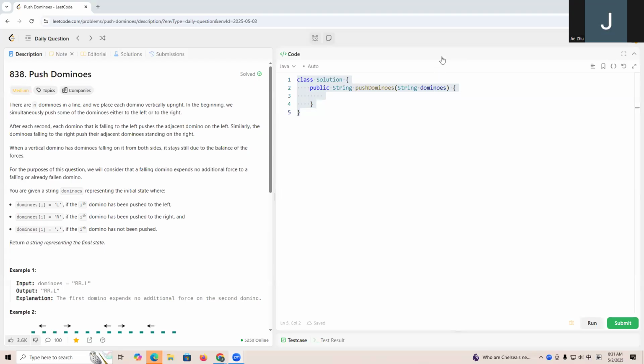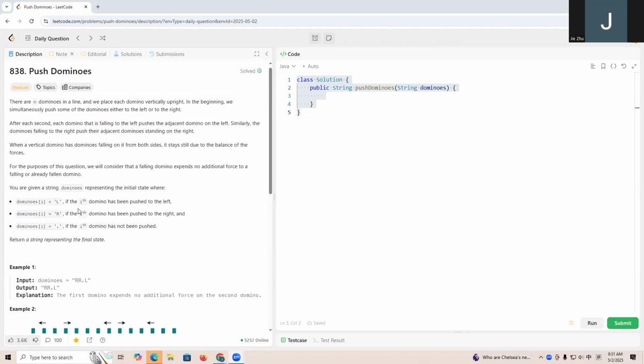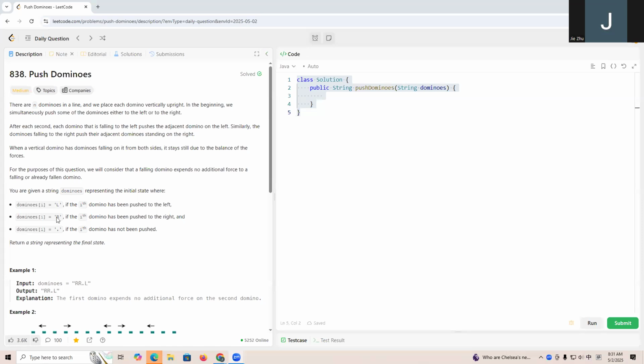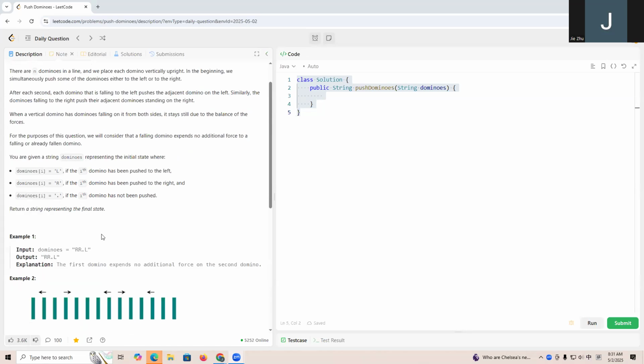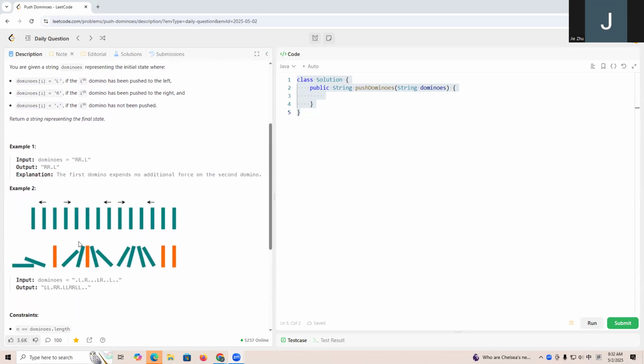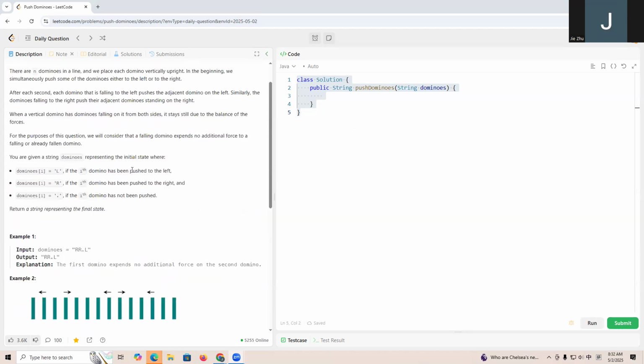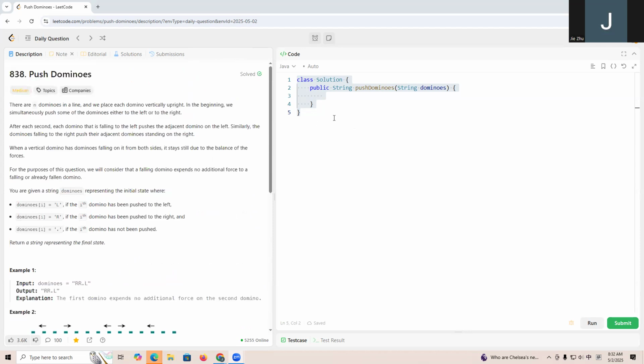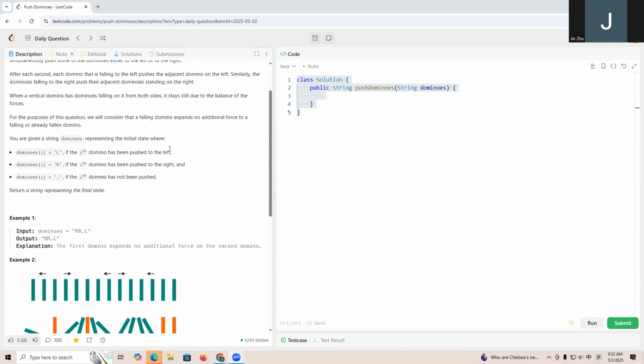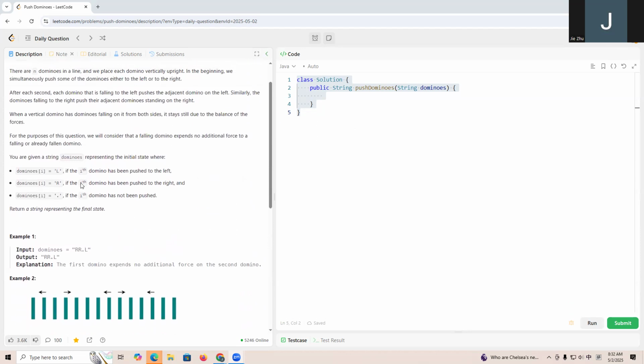Let's go through LeetCode 838, which is Push Dominoes. It gives us a string, and this string has three types of characters: L, R, and dot. It represents the initial state of the dominoes, and for any character L,